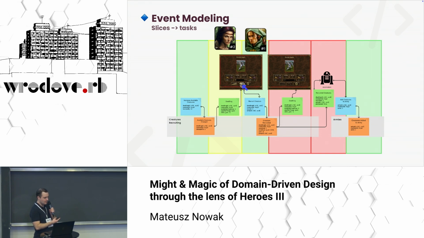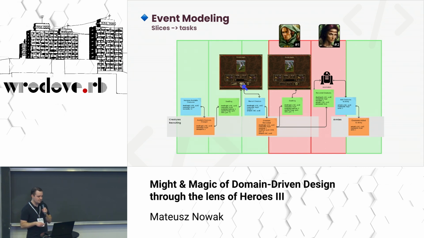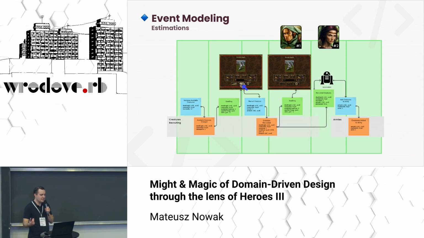We know the event is already implemented. When we publish the event, the robot will handle the event and may dispatch a command. So we already have the command, we have the event part, so we can do the glue between them. And so we assign the developers here. And when those slices are done, the whole process is done.